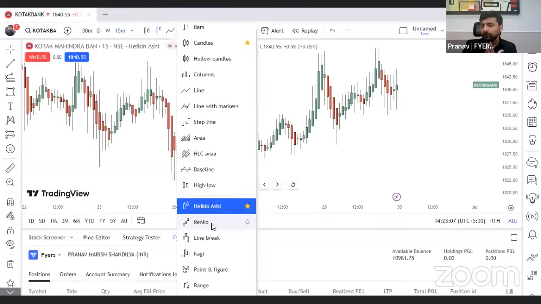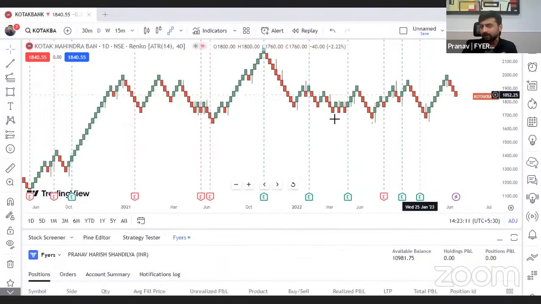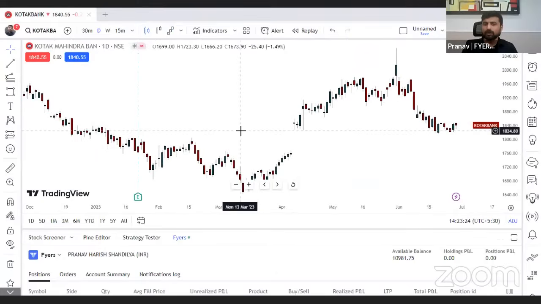So for some of you who are trend traders, Renko charts are also available, and Renko charts can be readily accessed. Again, this is meant for traders who are trading with the trend. These are the kind of charts that are meant for it. So now let's switch back to a normal chart and let us try to figure out what are the other